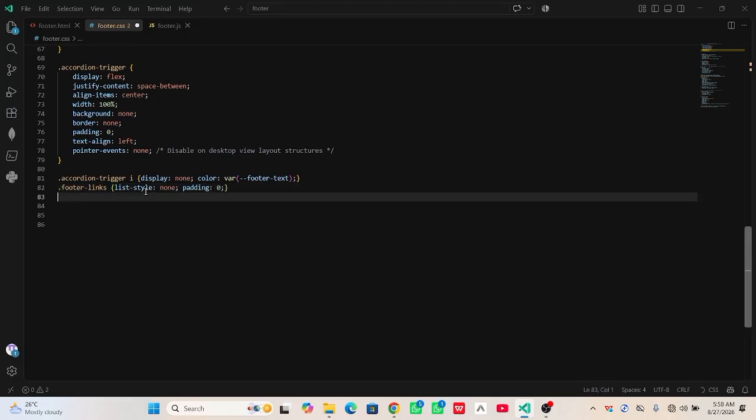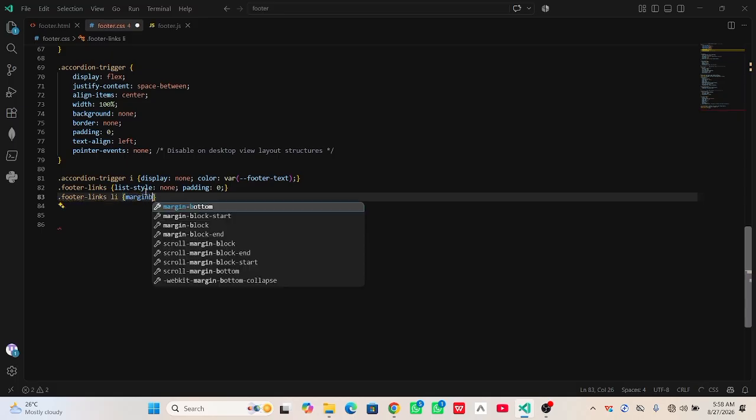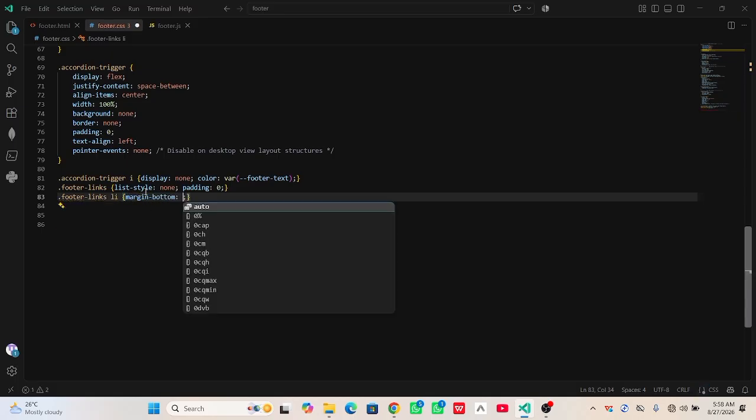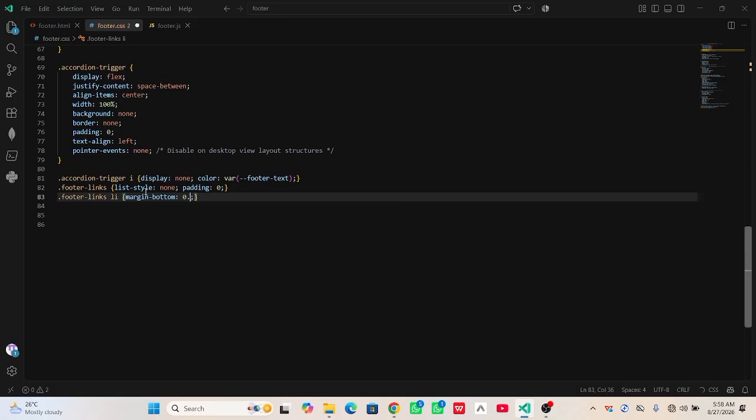Now next, footer links li. For this, I'm going to have margin from the bottom of 0.75rem, and then